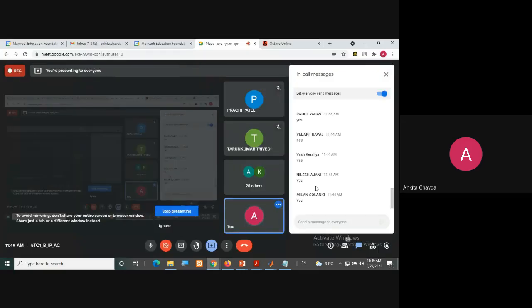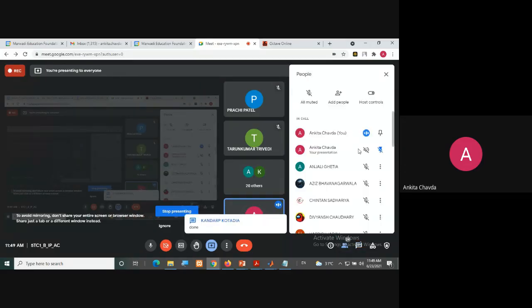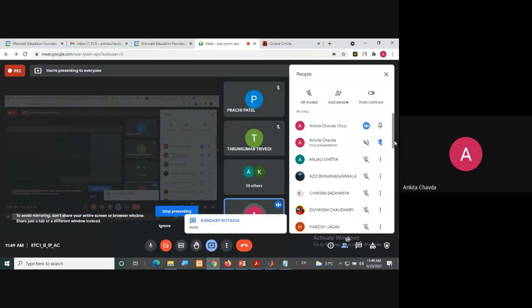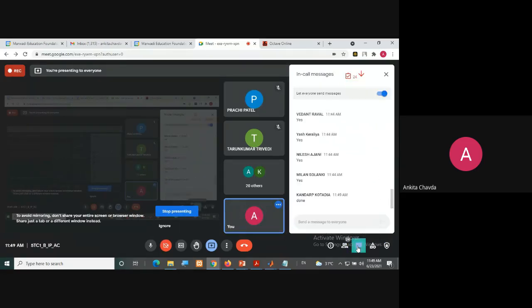So have you tried this? So what are you getting? Hello, are you guys listening? Okay, I'm asking Chintan. Here? Yes, Chintan. See, whosoever is not responding, should I remove them from the meet? Because you are here, it means there is no connection problem, right? If you are here, it means you are connected.